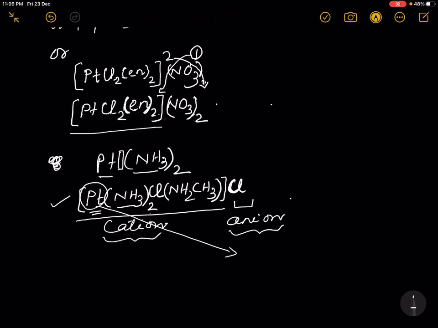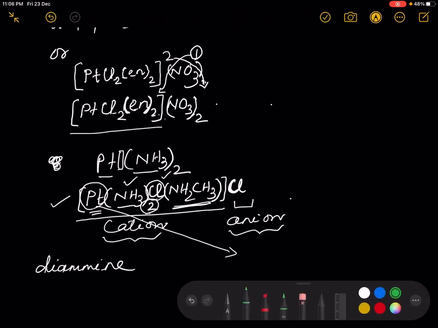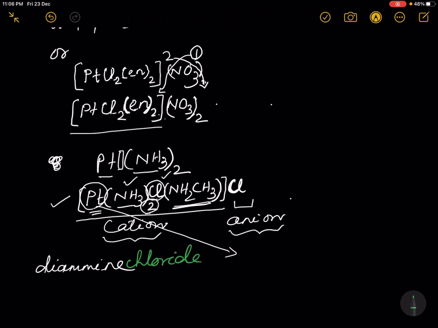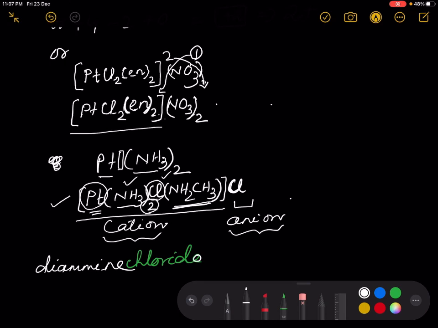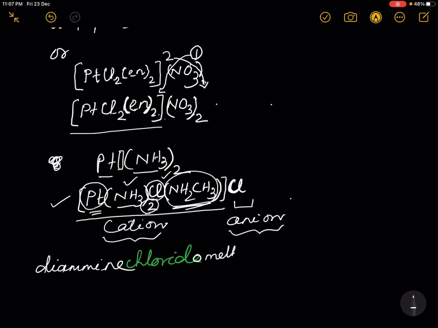And you see there are two ammonia molecules, one chloride ion as ligand, and this is methanamine as a ligand, and this is diammine. This is diammine. Then this one is chloride, but chloride should be written as chlorido, ide is replaced by o. Then next one, methanamine, here methanamine is written in parenthesis, and you see one thing, there is no gap between